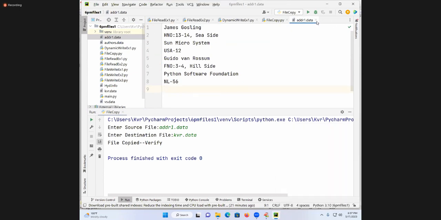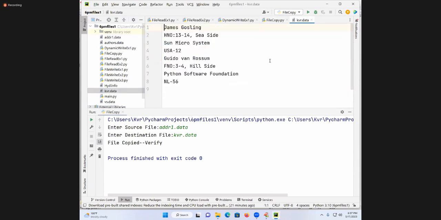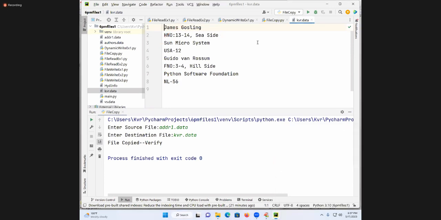addr1.data. Close this now and see this kvr.data here. This is the data which is available now. Are you following me? This is the data which is available. Got it, students? Now, coming back,